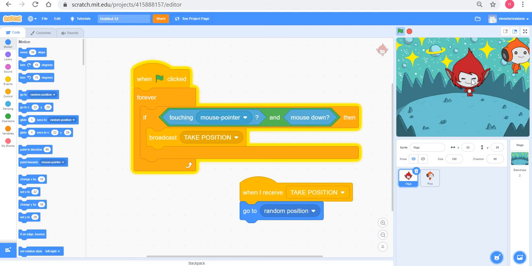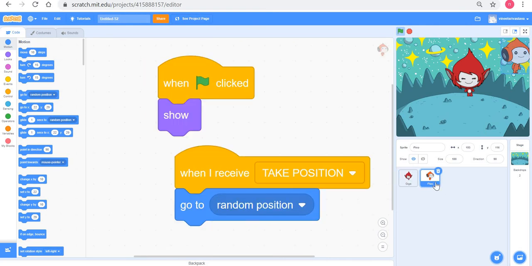The most convenient way I can do that is if somehow Pico and Giga could talk, and that talk happens through broadcast. So Giga broadcasts a message called take position. Pico, like a radio, is listening for it, and says, "Oh, look, I got take position. I must go to a random position." So it says, "When I receive take position, go to random position," and this can just continue forever, right?